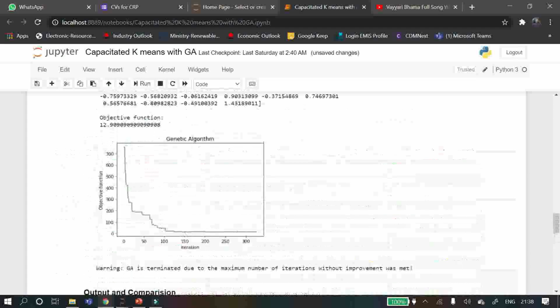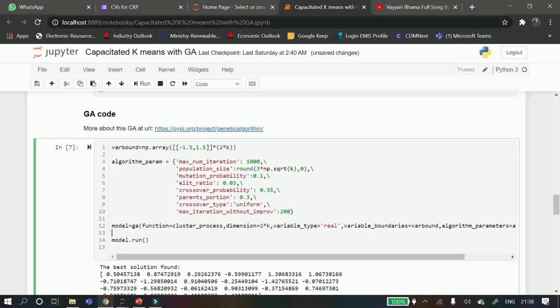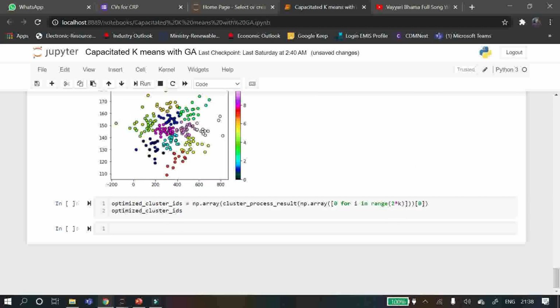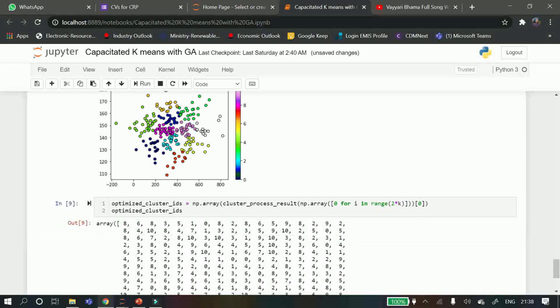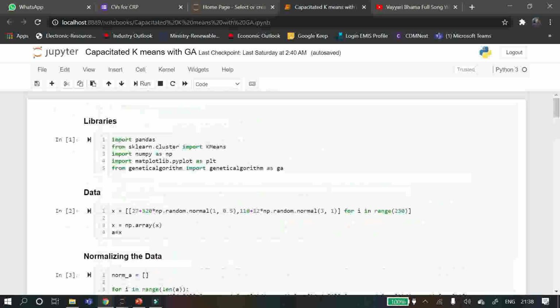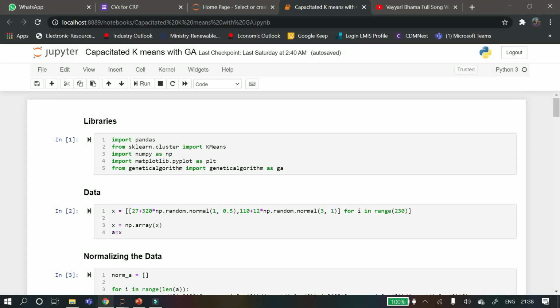By tweaking these parameters of the genetic algorithm, you can have a really comprehensive solution. But if you want the best solution to come, generally it takes longer. So you need to balance between the runtime and how optimal you need the solution to be. After that, to generate the final list of cluster IDs, you just have to run this code. You can add this to the earlier dataset to get the collated cluster IDs for each data point. This is how we do capacitated k-means clustering. We need to use a metaheuristic like a genetic algorithm or simulated annealing algorithm to solve this problem.